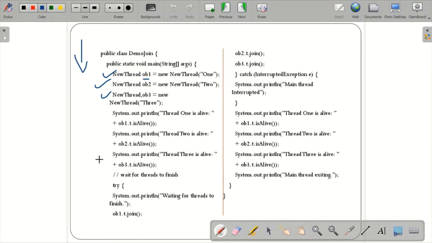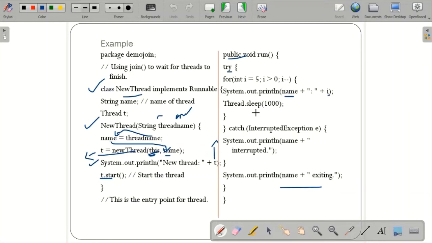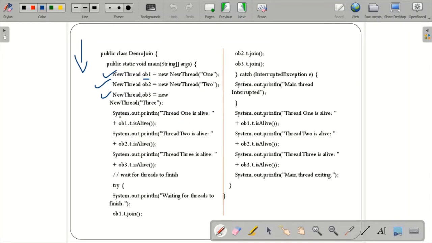Then it will check, and if the processor is available, these threads will be executing. The first thread will be executing, in between it will go to sleep, the second thread might be executing, and the third thread might be executing. So it is happening simultaneously, because we cannot judge the processor. We don't know which thread has gone to sleep and which thread might be executing. So first it will print all these three statements, and then it might begin with this loop itself if the processor is available.